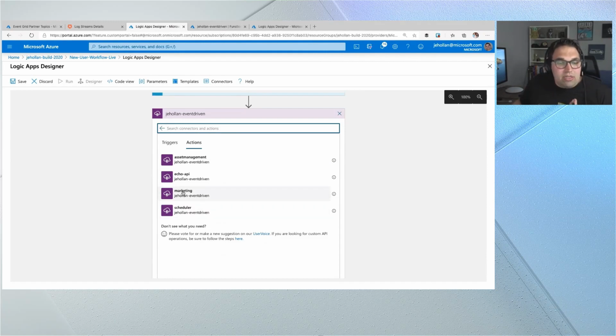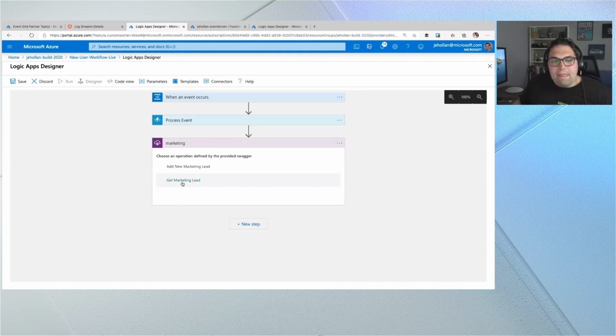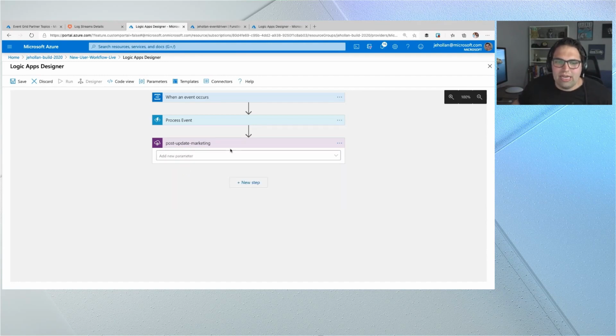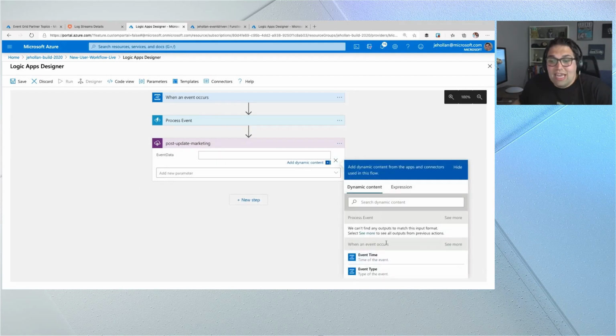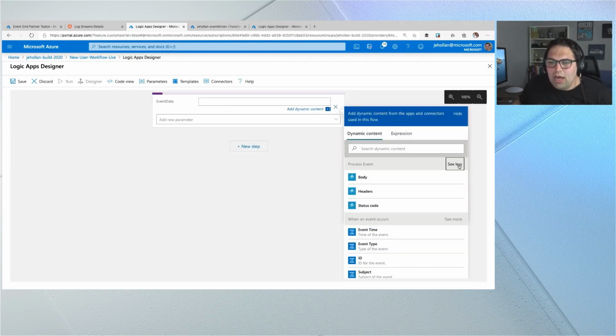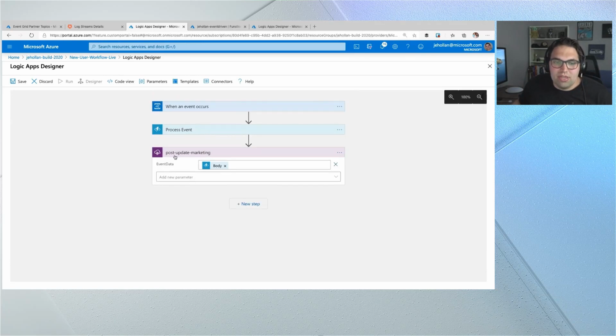In this case, I want to look at the marketing API. It's discovered, it has a bunch of metadata around it through API management. And I even know, hey, there's a method, you have an API to add a new marketing lead. Sounds just like what I need. And now I get this first-class designer experience for, in this case, my own custom API, but I'm able to click into it right here within the designer and integrating with API management.